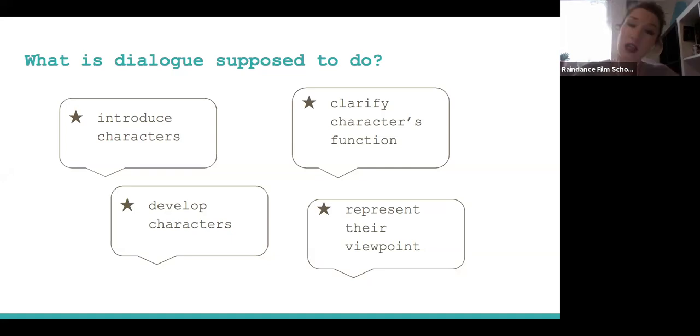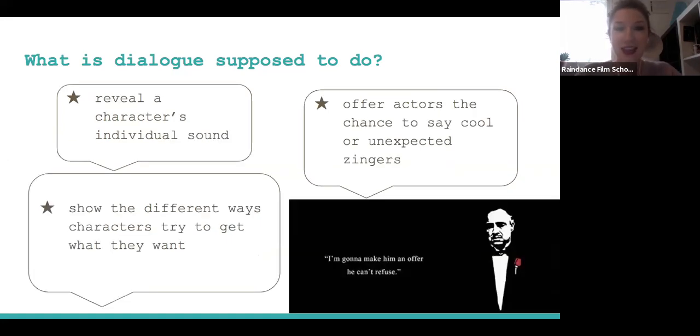The dialogue also helps to represent the viewpoint of the characters, and it can reveal the character's individual sound, because of course every person sounds different. Everybody has a different rhythm. We speak on different pitches, but also we have different accents, dialects. We use specific words particularly often. Some people don't finish sentences. Some people don't even finish words. Those things can be written into the dialogue, and they distinguish the characters from each other and help the dialogue to be more natural. Just be careful with